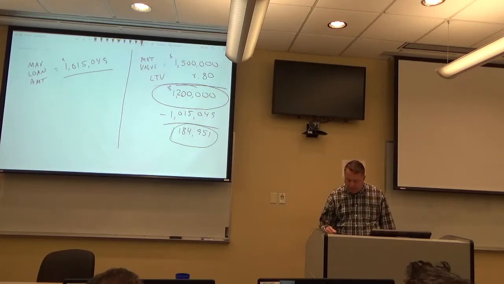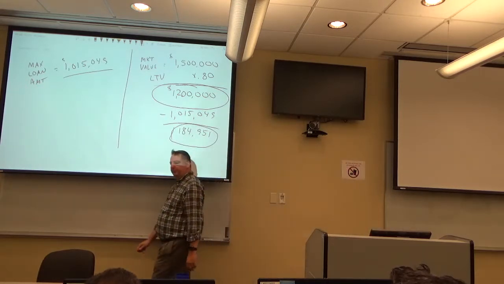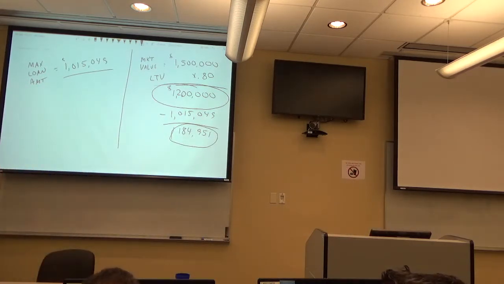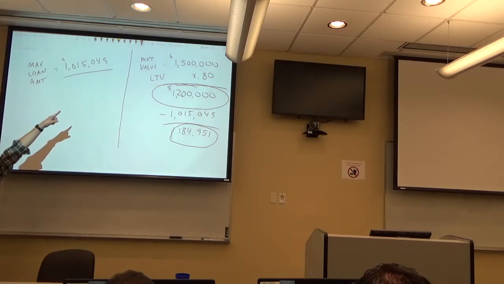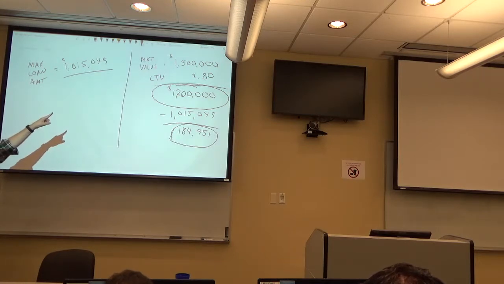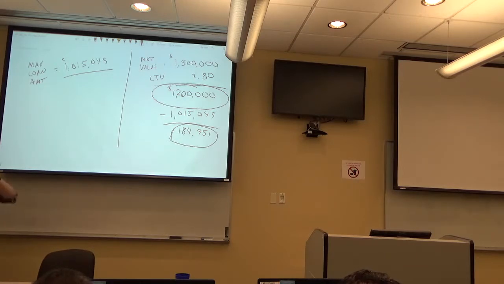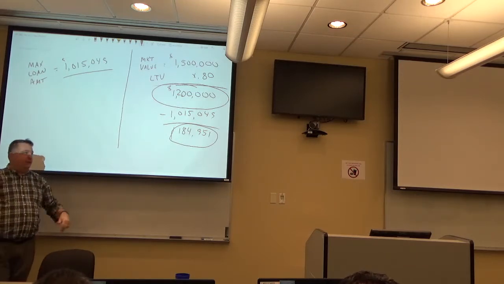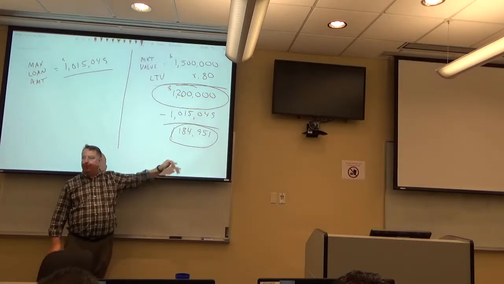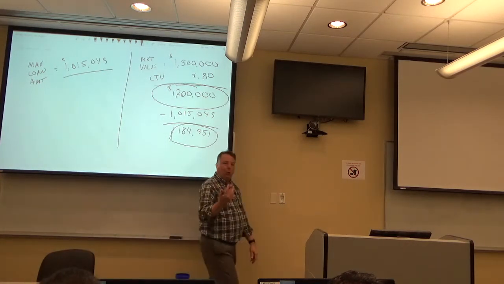Okay. So what does that number represent? You need in cash? Excess money? Excess money that you need or additional equity that you're going to need to contribute into the project. Because you're already contributing how much equity? 1.5. No, or 20%, yes. You're contributing $300,000, yes? The difference between 1.5 and 1.2 is $300,000, okay? So that's your baseline equity. This is the additional equity that you've got to come up with. So you're going to have to come up with basically